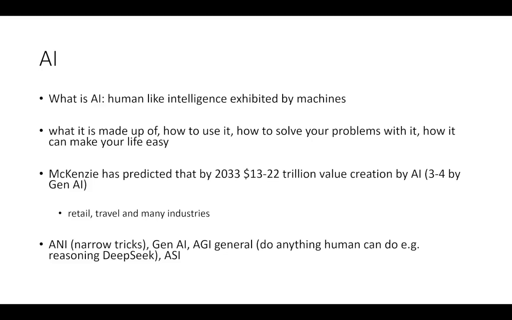There is AGI, right? This is artificial general intelligence, right? So now, basically, what it means is do anything that a human can do. Okay, so for example, reasoning. Now, some of this gap is kind of bridging with, like, DeepSeek that came up, right? But I mean, there is still a long way to go, right?